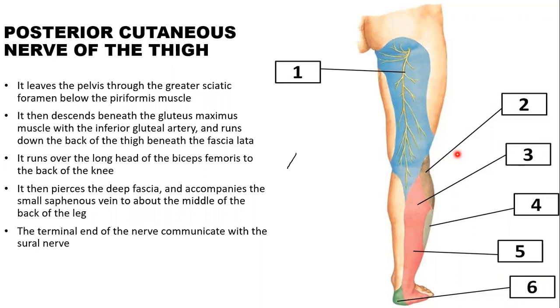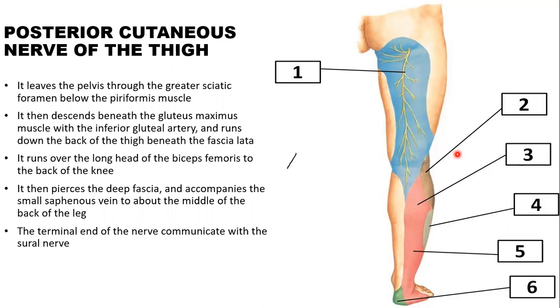Then I'll talk about this nerve, the posterior cutaneous nerve of the thigh. When it comes to this nerve, it leaves the pelvis through the greater sciatic foramen. Basically, most of the nerves from the sacral division will leave the pelvis through the greater sciatic foramen below the piriformis muscle. So this nerve is also going to leave below the piriformis together with the inferior gluteal nerve, together with the